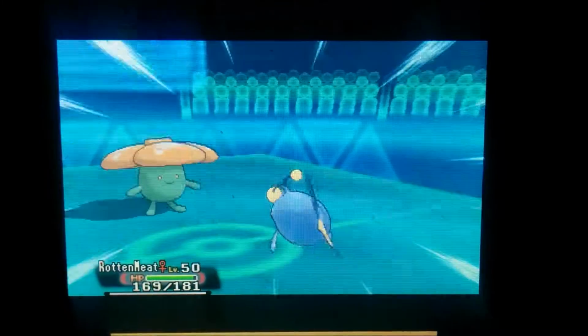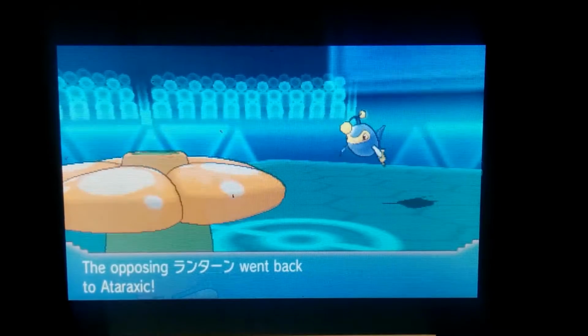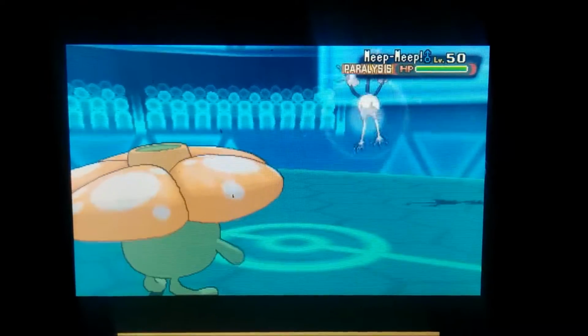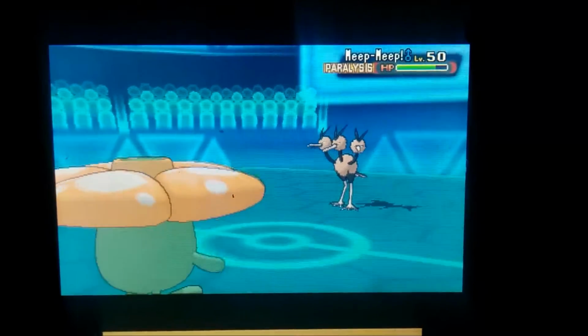So he does decide to go for the Volt Switch here, as I believe I went for a Giga Drain. He did get a crit, although it didn't really matter all too much. I did go for a Giga Drain, knowing that it was my best bet against the Lanturn. He does, however, switch out into his Dodrio, and after the Stealth Rocks, and the Giga Drain does a surprising